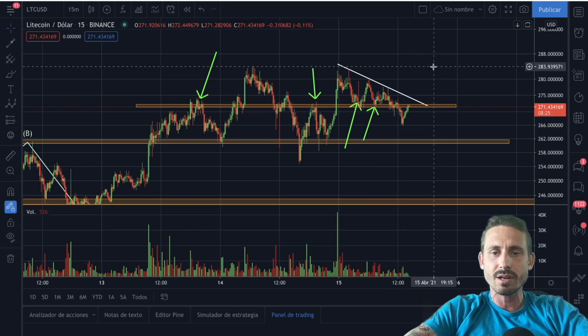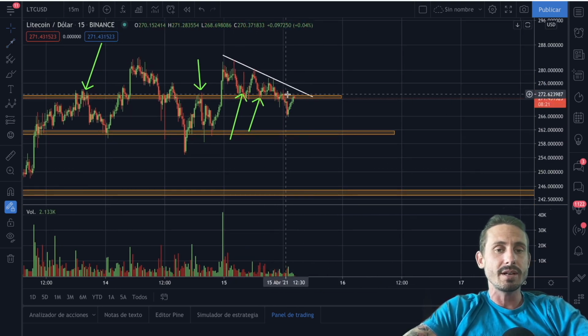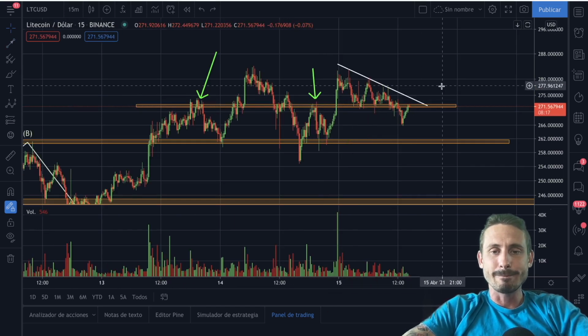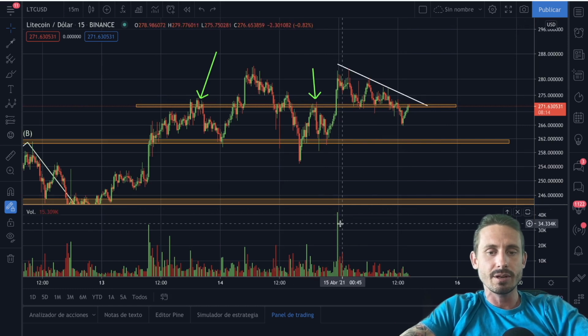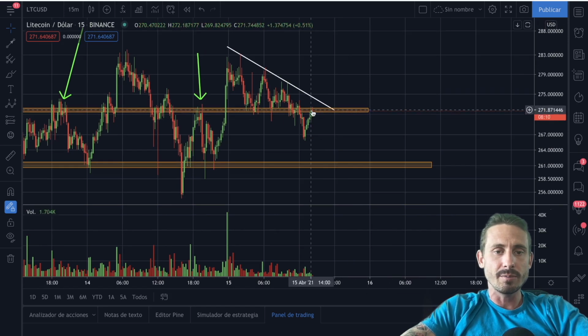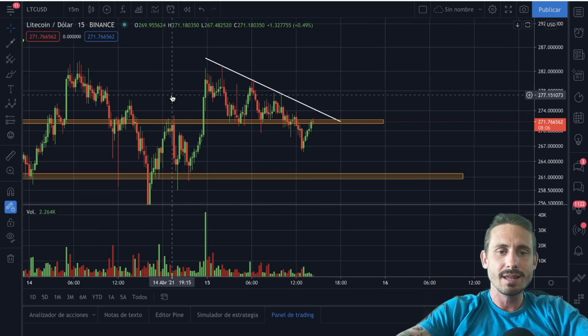We broke to the downside, but guess what? We have no volume at all from the breakdown from the support area, so we might come back up again. We want to see volume like this green candle here, right over there. So we're potentially going to break back up again from this resistance point, but we could also see this as